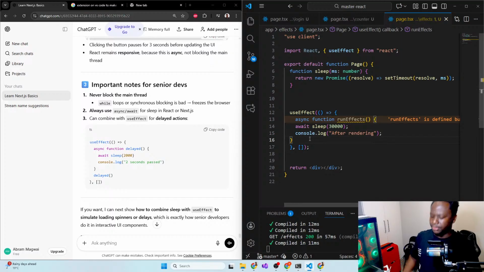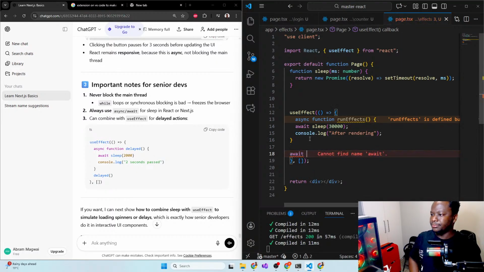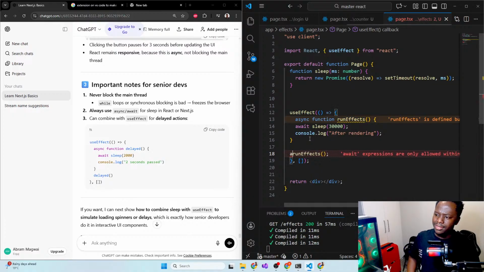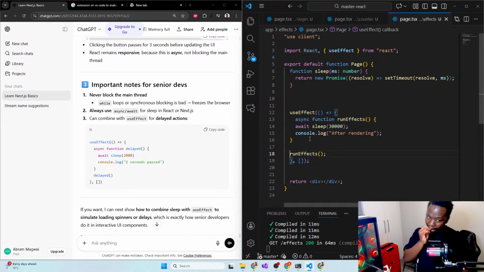So we declare function. Here we are, and run a function. So here now we can do await, but automatically, currently